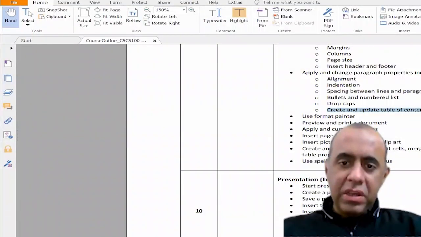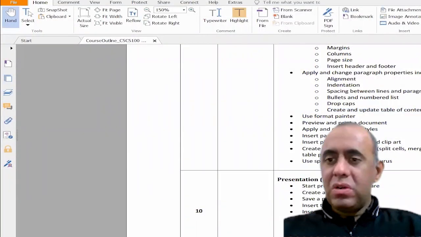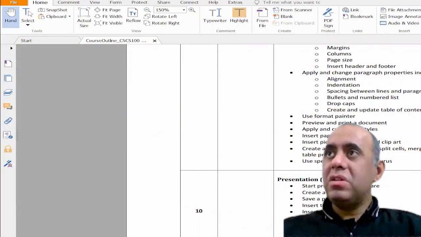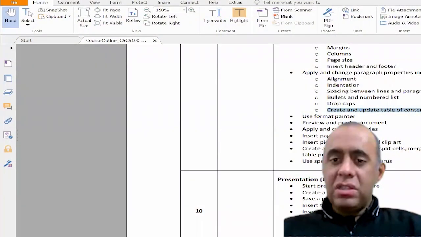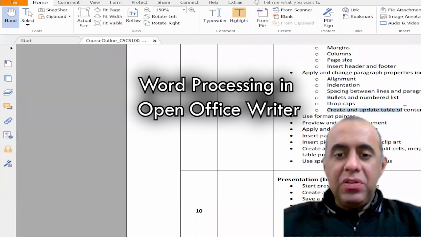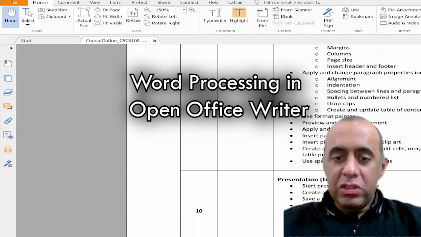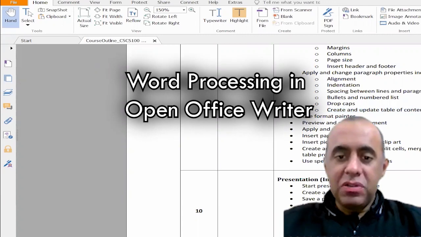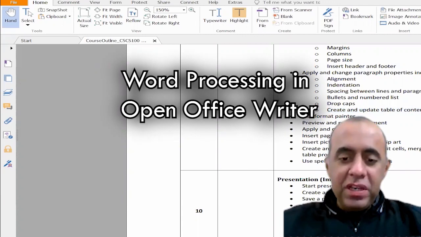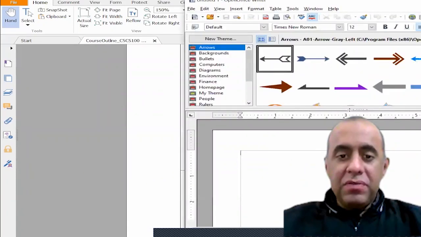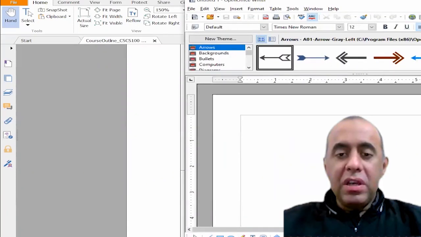Today we'll be making a thesis report. At some point in your academic careers here in the university, you may have to make a thesis report. I'll be explaining to you how you can create a dynamic table of contents for your project reports or your thesis reports. And the benefit of making a table of contents which is dynamically updated will be